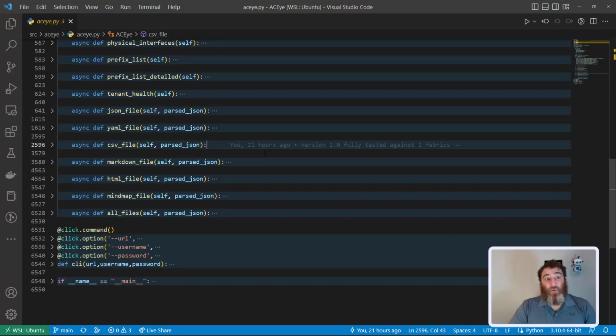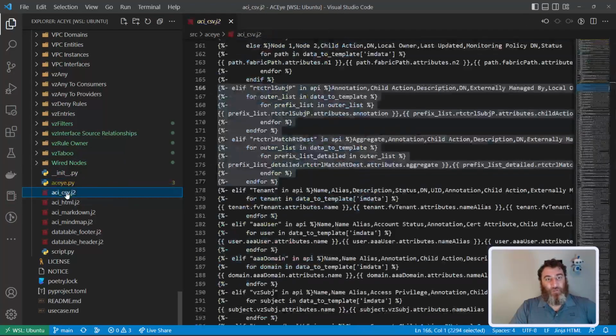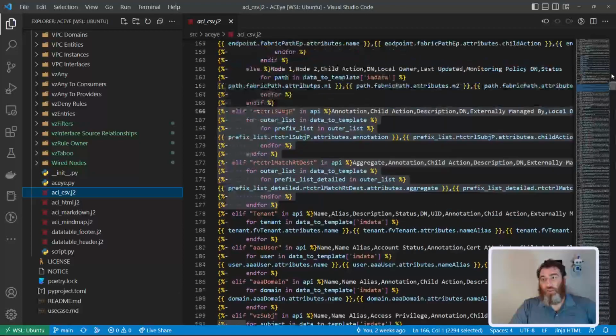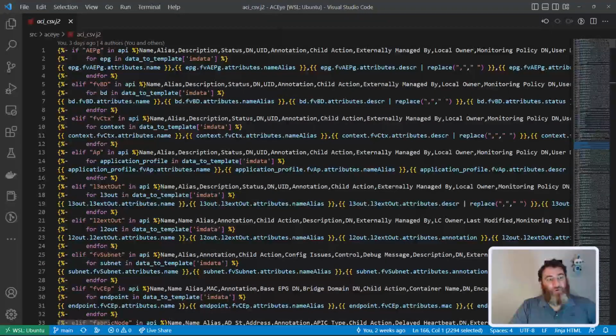And that's the code. Now, for the sake of completeness, if you want to look at what I'm doing in the Jinja, let's go to the top. This is the CSV Jinja. So if fvSubnet is in the API, then make a CSV file with the different attributes for that particular API and